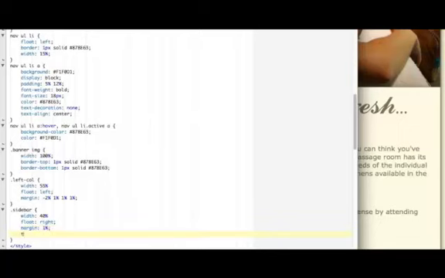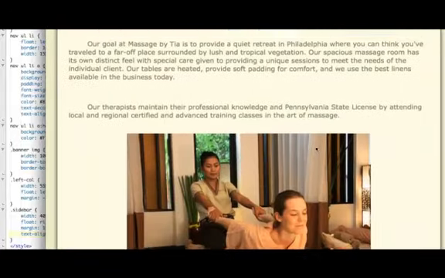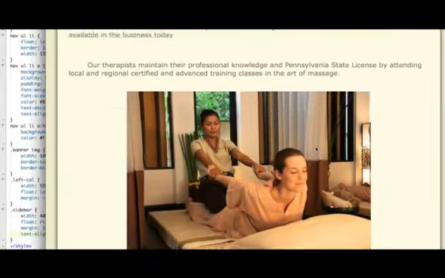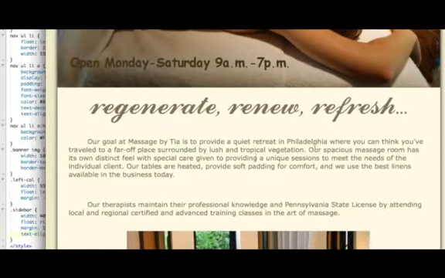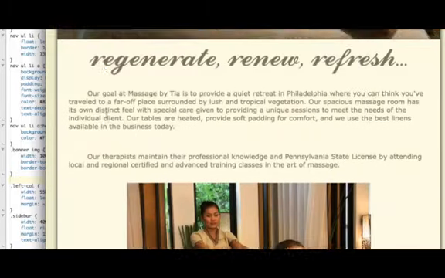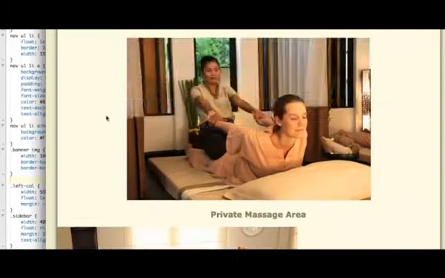Lastly, we want it to be centered in that section, so we'll give it text align center. So something's keeping us from having these line up properly. So what we're going to do is tell it to clear both,